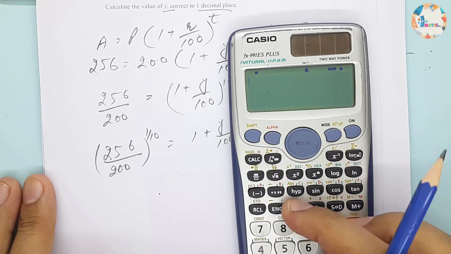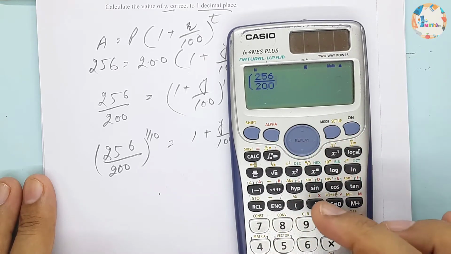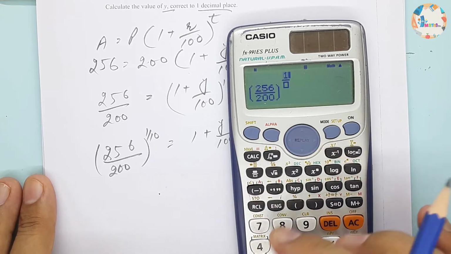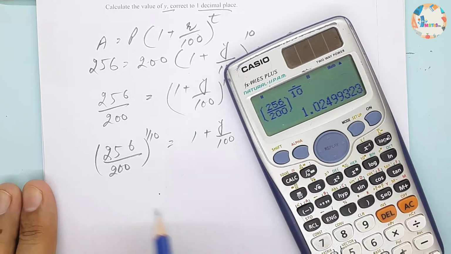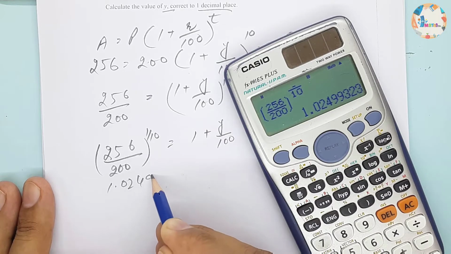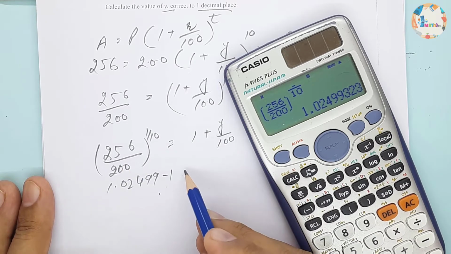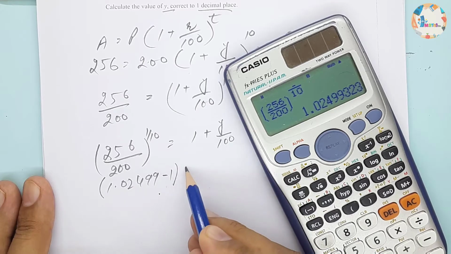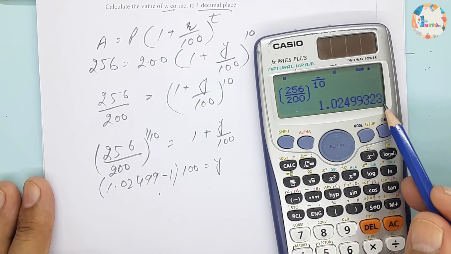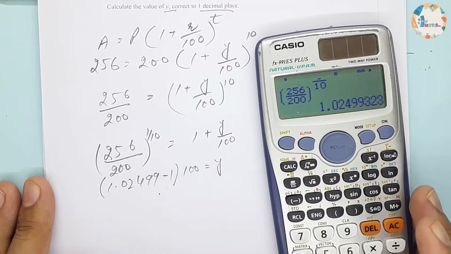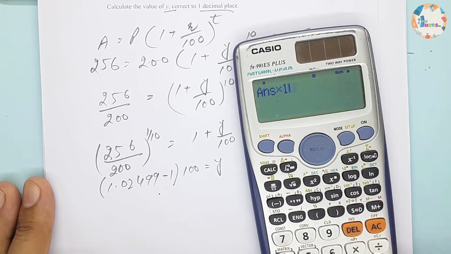This will be 256 over 200, bracket close, and raised to the power 1 over 10, and this will be equal to 1.02499. So this one minus 1 we can shift to this side and multiply by 100 is equal to Y. So all these digits we will be using: answer minus 1, and this is equal to this, multiplied by 100, this will be equal to